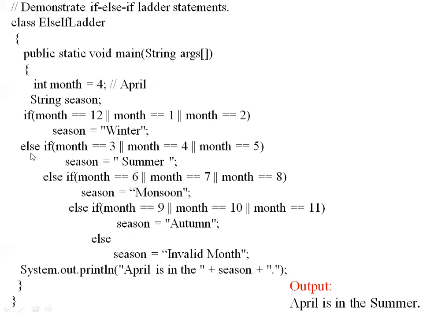Okay, so here just you can observe how if else if ladder is written here. Else if in this way we are writing here, and it looks like a ladder. Just see here. So when we use this else if ladder, when we have a series of conditions to be tested, one after the other, you want to test the condition, and accordingly, whenever a condition is met, you want to perform an action. In such case, we use this else if ladder.